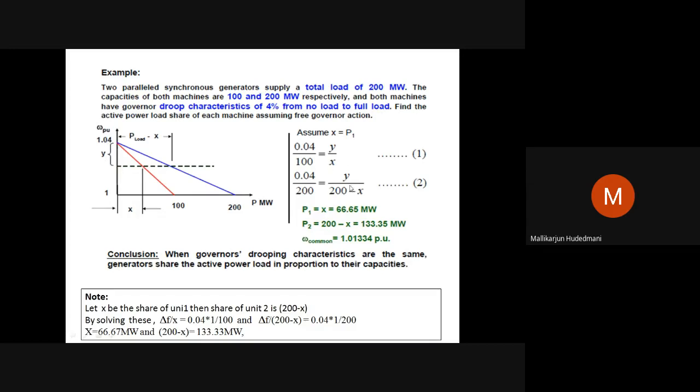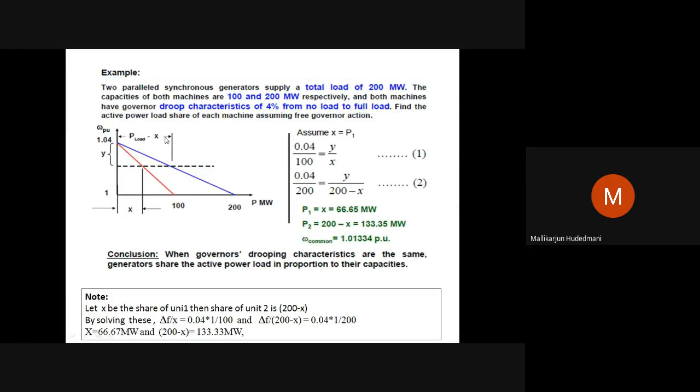Then what will I do? I use one of the equations: 1.04 divided by 100 equals y divided by x. X I substitute as 66.65 here. If I solve this, I'll get the value of y. This value of y is just an incremental value here. This value, if I subtract from 1.04, that is 1.04 minus the y computed from this equation, will leave me the revised frequency over here, which is a dotted line meeting my